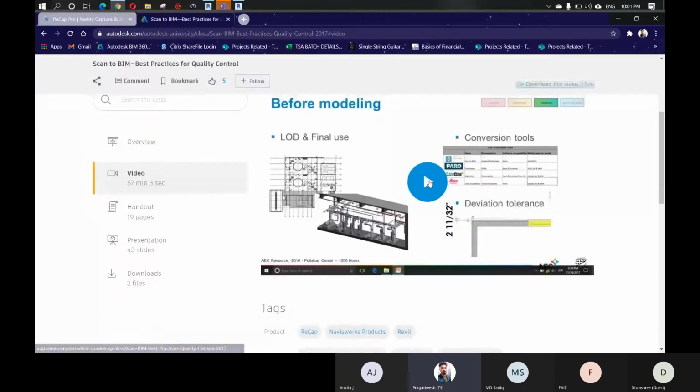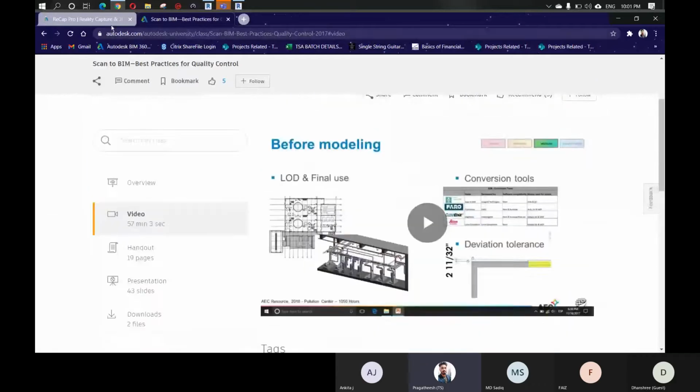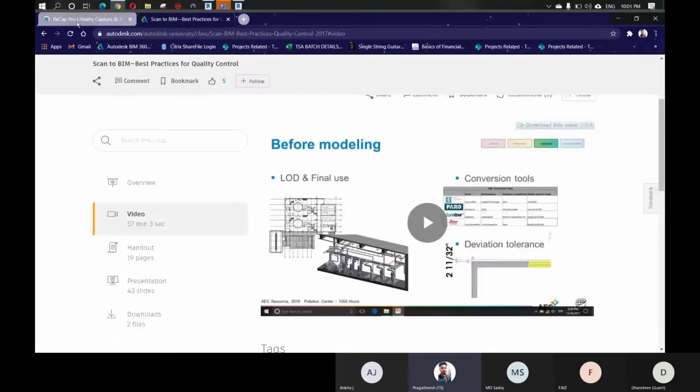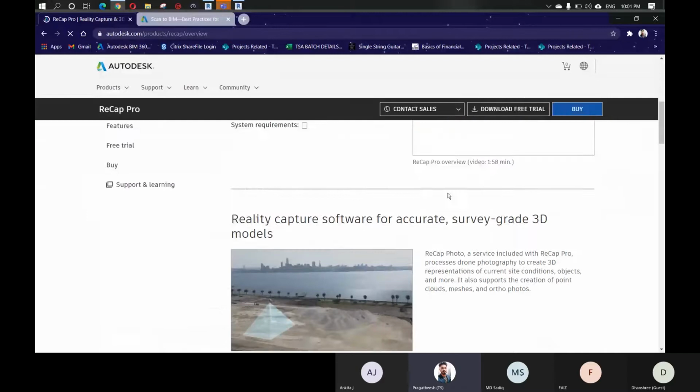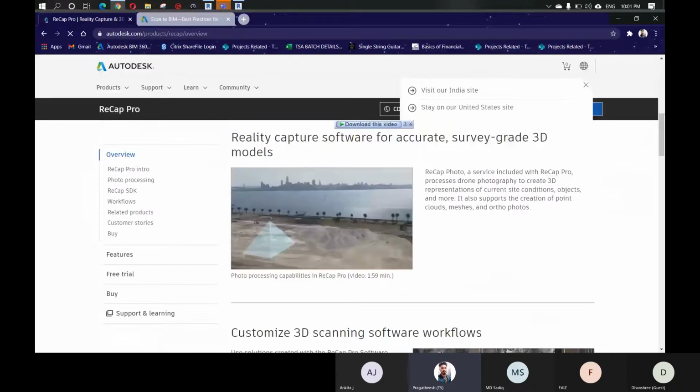You can just view this video, which will be helpful for you. Just go to this Autodesk website, okay, and this is what drone scanning looks like.